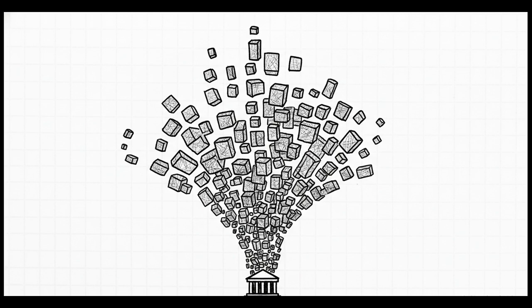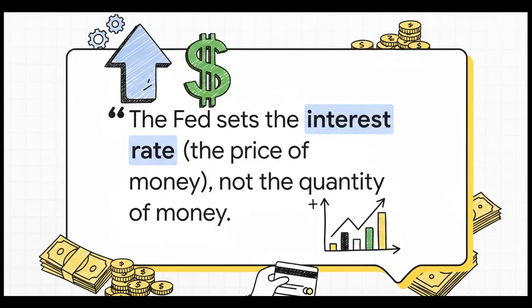You've got to be careful with that one. Because while it's true central banks provide the foundational layer of the system, it's absolutely crucial to remember they don't directly control how much money is in the economy. That power really lies with the commercial banks deciding to make loans. So what's the central bank's real superpower? It's all about setting the price of money, not controlling the quantity of it. By deciding the main interest rate, they basically set the cost of borrowing for everyone, everywhere. And that, my friends, is what modern monetary policy is all about.